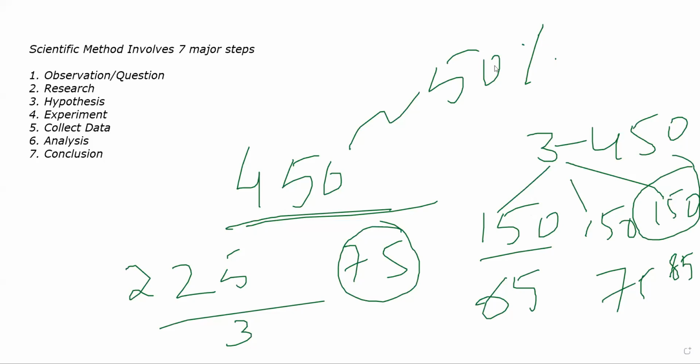Okay, just to give you a brief overview, scientific method involves 7 major steps, as I was telling you. First of all, you will come up with a question. Okay, some observation. Let's suppose you are seeing there are bed sores. Okay, you want to find out, अच्छा और bed sores रहते क्या दूसरे patients में भी. You go through the research first. You read up on it. Okay, you try to find published papers or textbooks or anything. Has there been more research done on this? Has anyone else found it out?